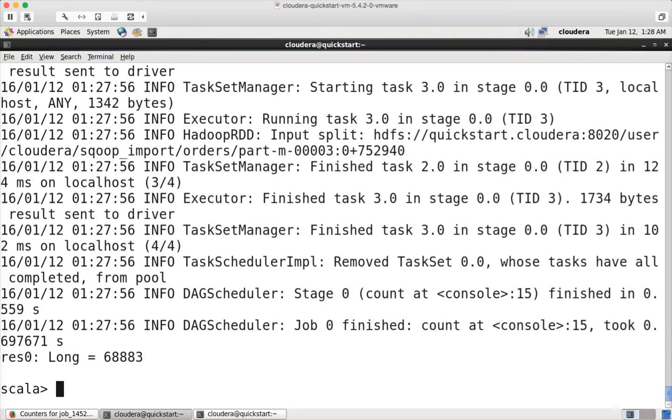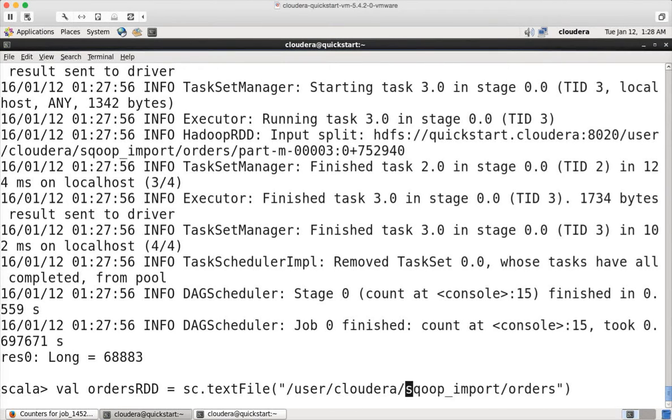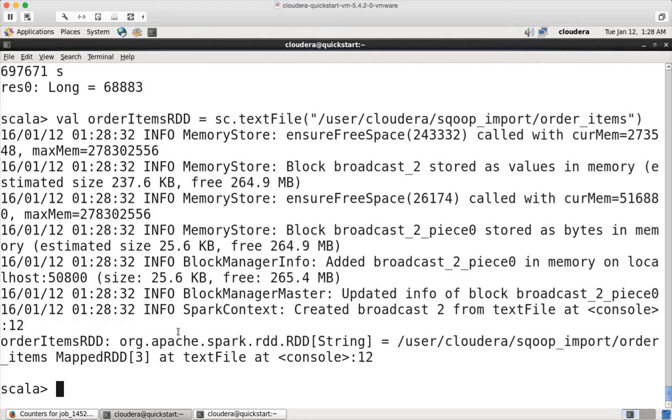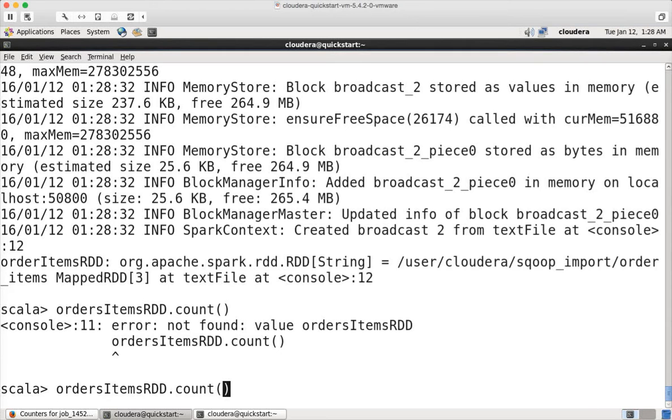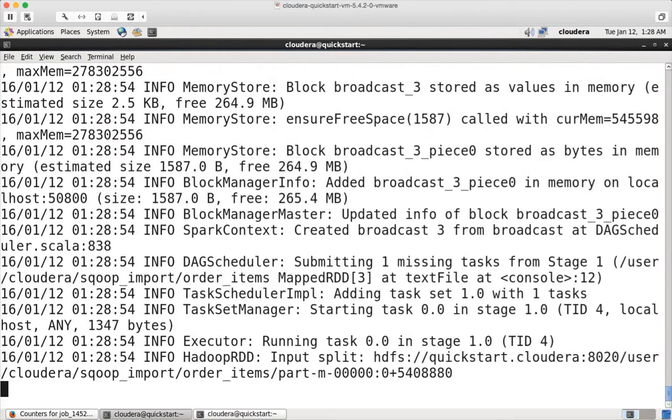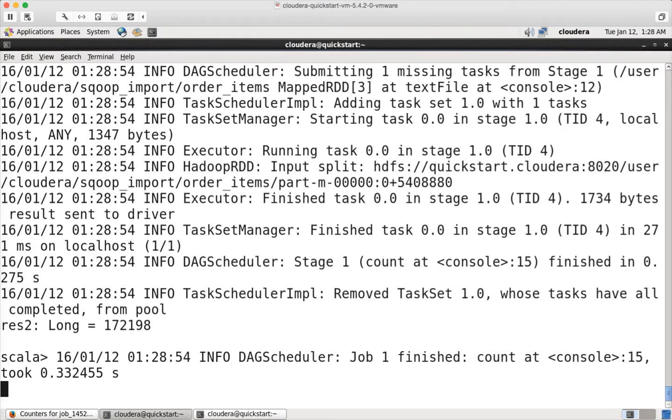So there is a table called order items. So I have to create a variable for order items RDD pointing to order items data. Here I have to say order_items and hit enter. Now order items RDD will have all the files from order items directory mapped to this RDD, and you can now say orderItemsRDD.count to get number of records from the table. And if I want to get the sum, first you need to understand the structure of